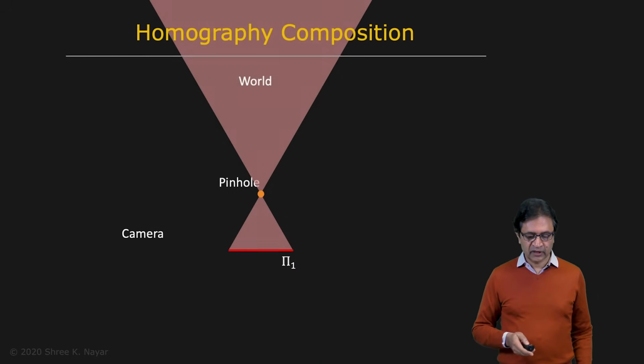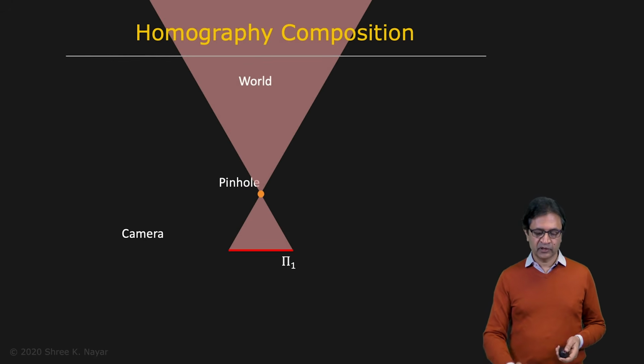So as we discussed, the homography is the transformation matrix that takes you from one plane to another plane, but through a point of projection. So let's first take a look at why this is relevant to the problem of image stitching, and then we'll talk about how to compute the homography.